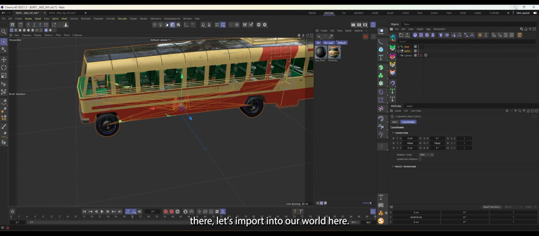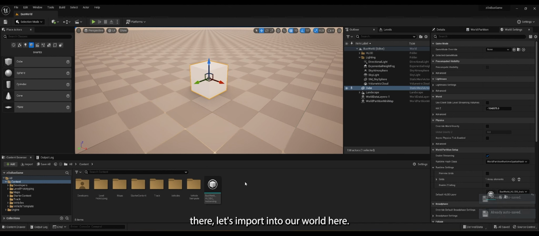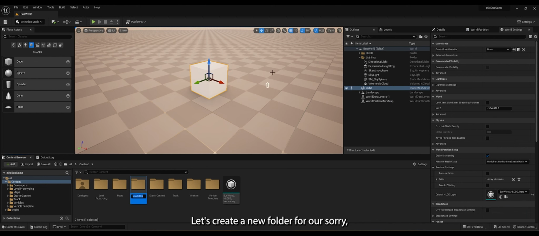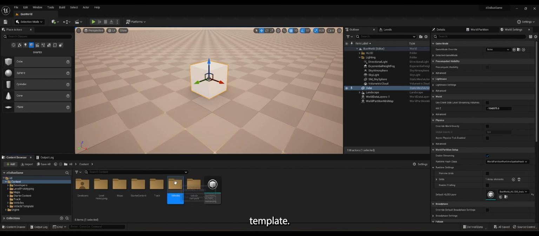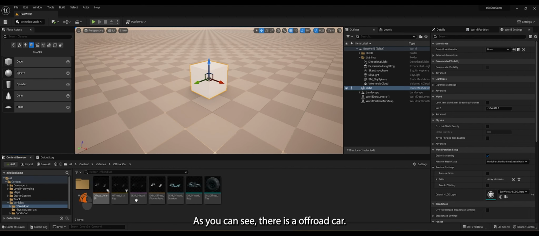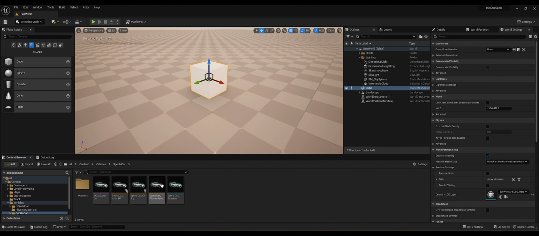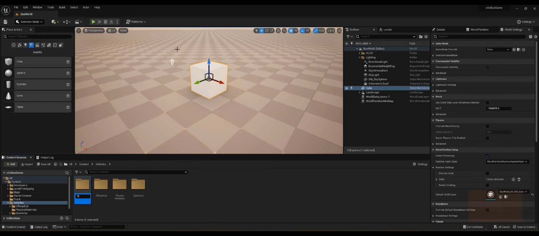And let's import it into our world here. Let's create a new folder for our, sorry, I already have the folder there because we selected a vehicle template. So we have a vehicle folder there. As you can see, there is an off-road car there, and I think that's not the one, the sports car there. So let's create a new folder for our KSRTC